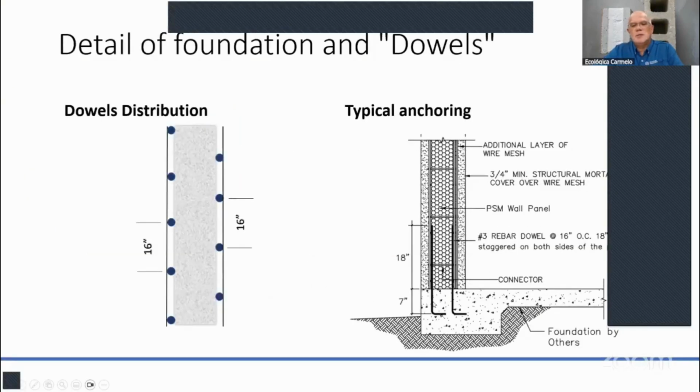So let's say this is your foundation here on the right. We do recommend that you can drill a hole and go down, let's say 7 inches, and instead of having the rebars coming up, these dowels from the foundation, you can drill them. So you can finish your foundation and floor first, and then you can come in and measure from the exterior side of that building, let's say 2 inches,